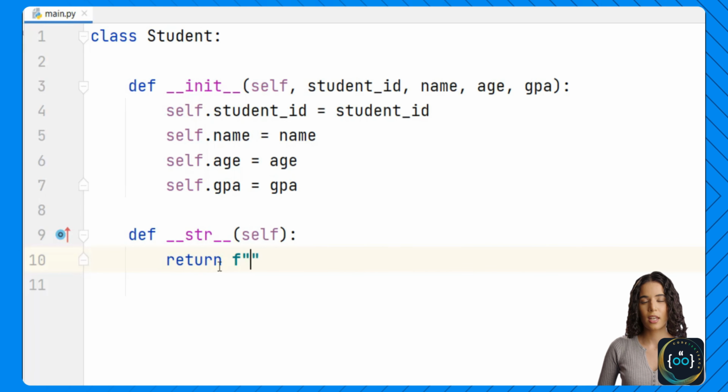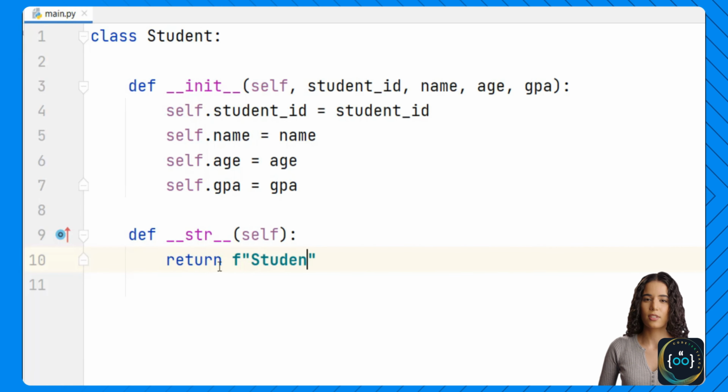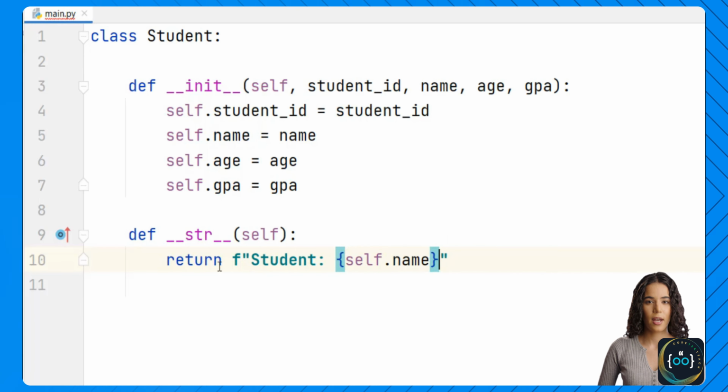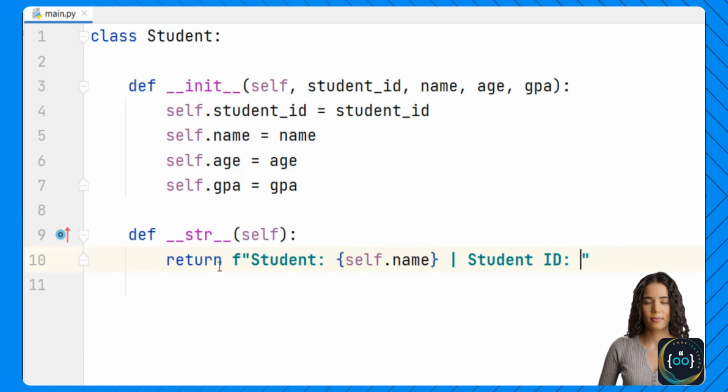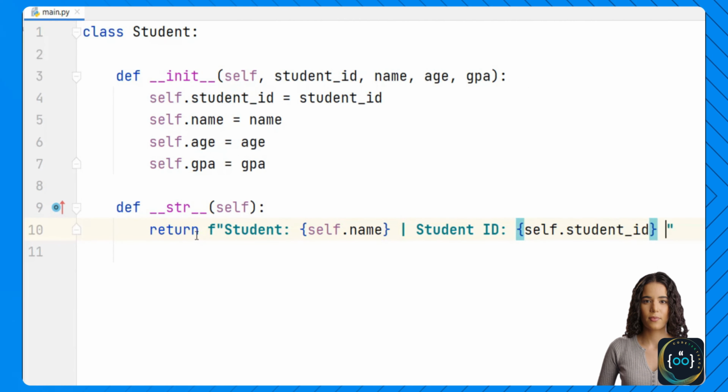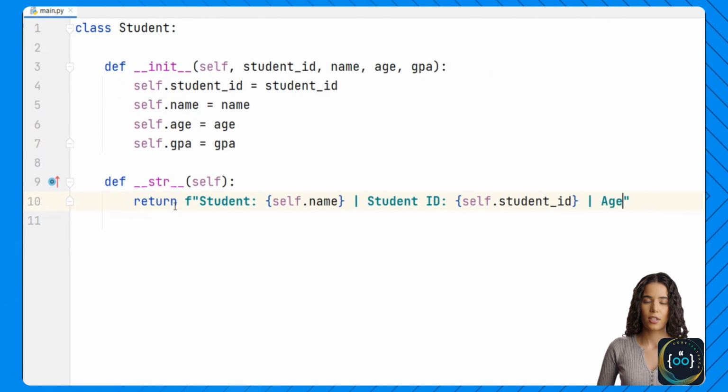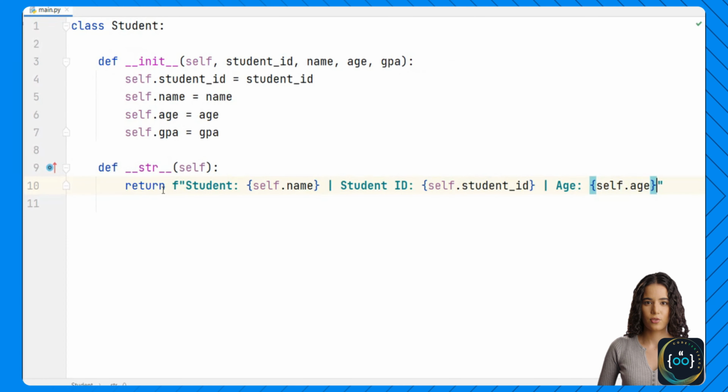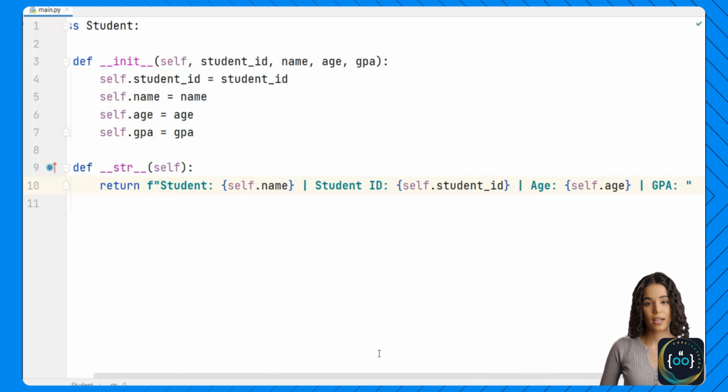We're going to write an f string, and we say student, and let's print the name first to make the output more friendly instead of the ID. But this is totally up to you. You can customize it to your liking. We can also print the ID after the name, the age, self.age, and the GPA, like this,